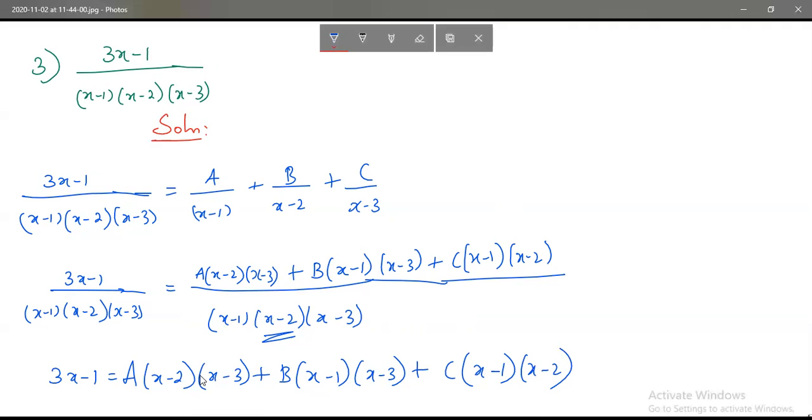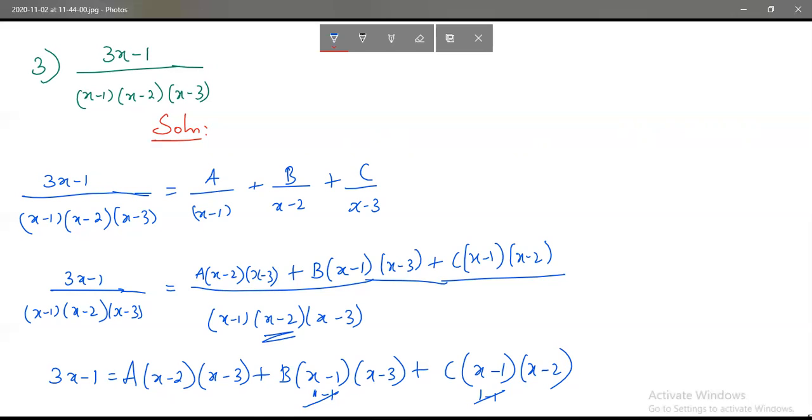Now, if you substitute 1 for x, 1 minus 1, this term becomes 0. And here 1 minus 1, so c into 0. 0 into anything always becomes 0. So B and C get eliminated,